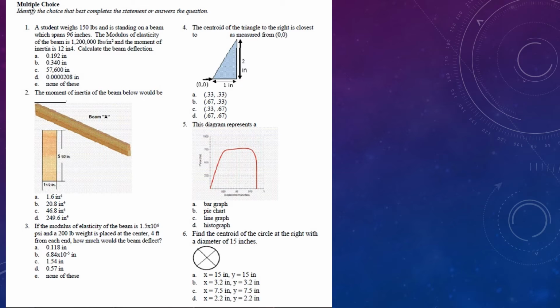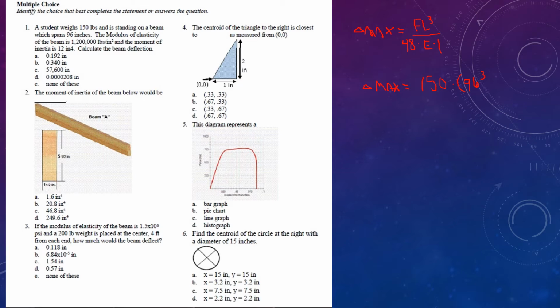What you need to first do is use the equation of beam deflection. So in beam deflection, that's this one. That's the delta change in max is going to be equal to FL cubed over 48 EI, multiplied by E and I. So in this case, F is your force, which is the weight of the person. That's 150 pounds, multiplied by the distance, which is going to be 96